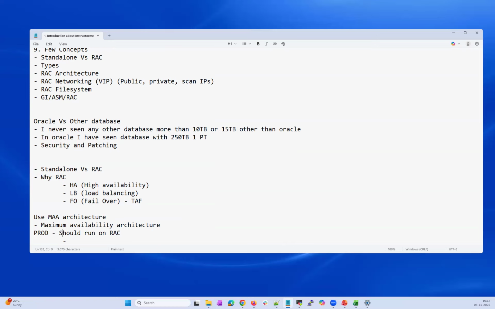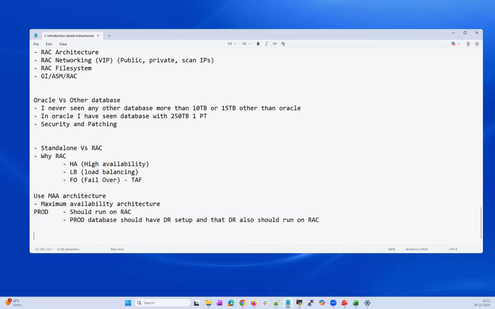That's the first thing Oracle will say. The prod database should have a DR setup, and that DR should also run on RAC. There are many other best practices they mention in this architecture.